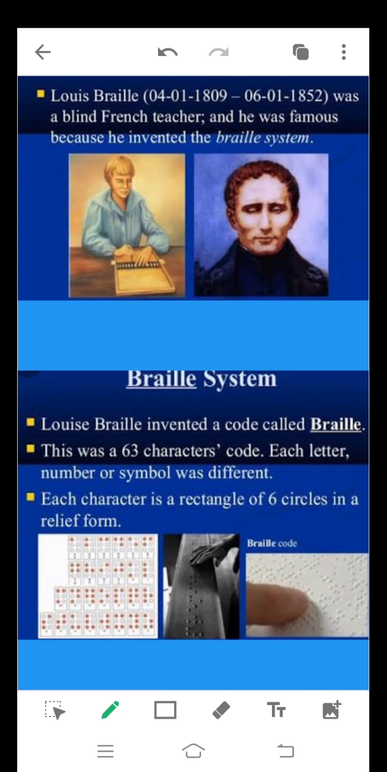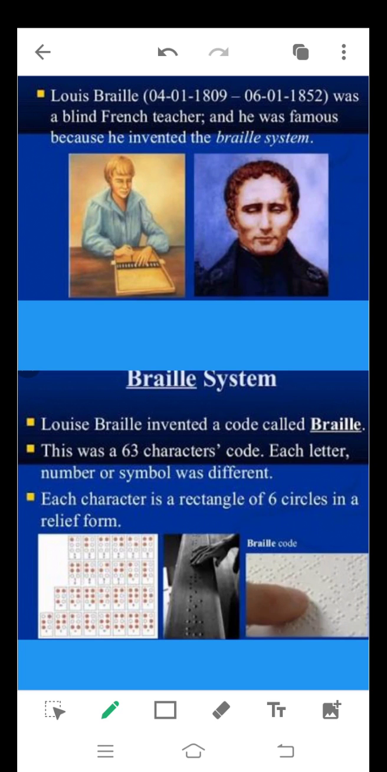And these people, but still, they can read or they can study with the help of a special system called as Braille system. Louis Braille, who was a blind French teacher, he was famous because he invented this Braille system. He invented a code called Braille, and this was a 63 character code. Each letter, number or symbol was different,